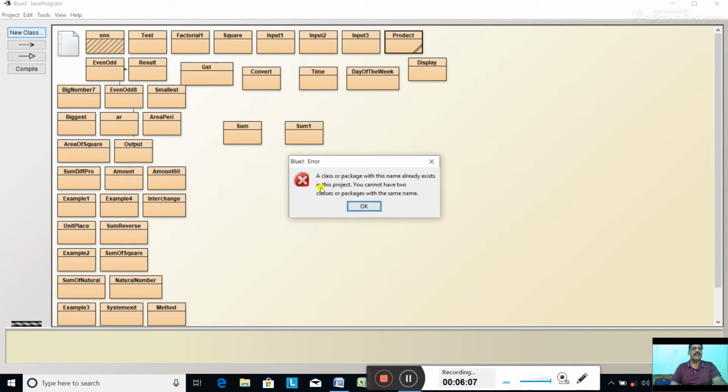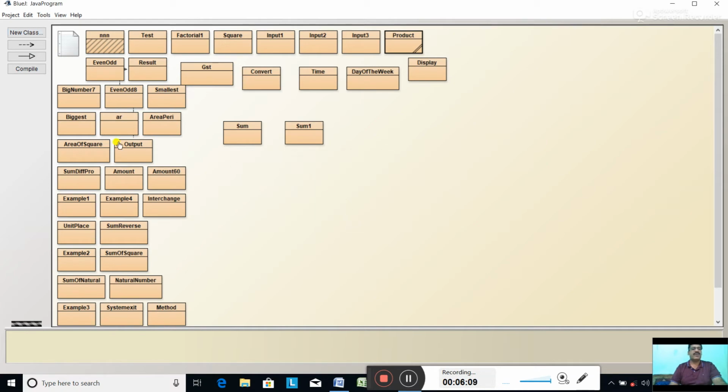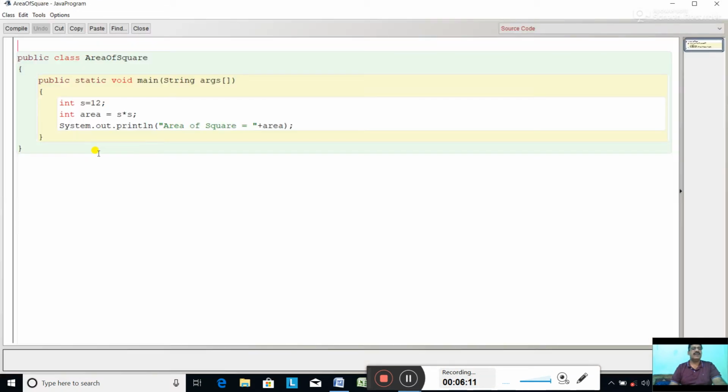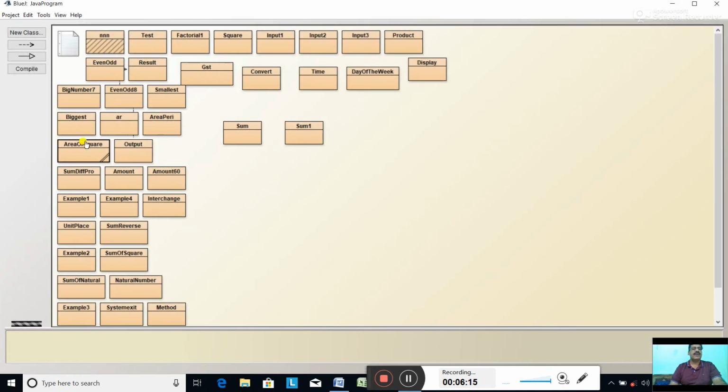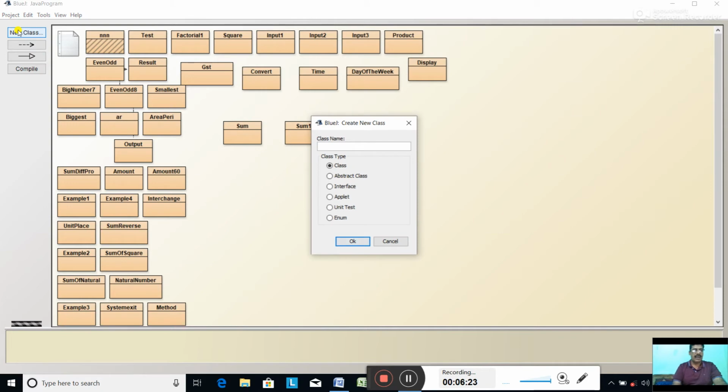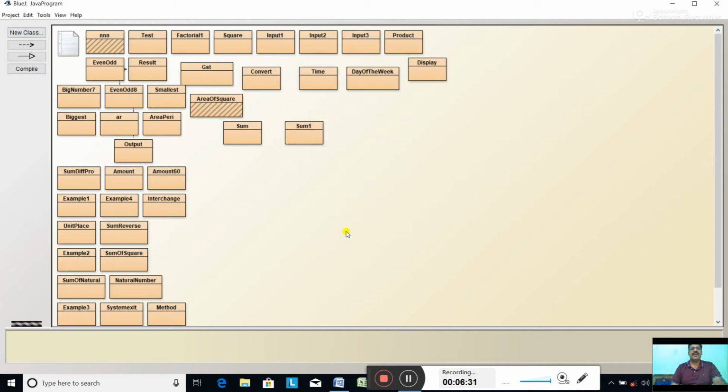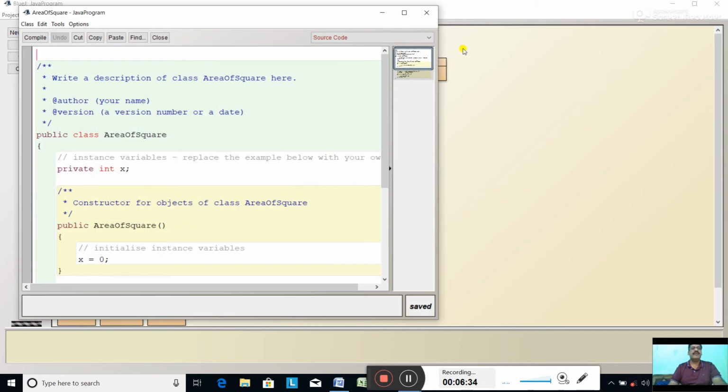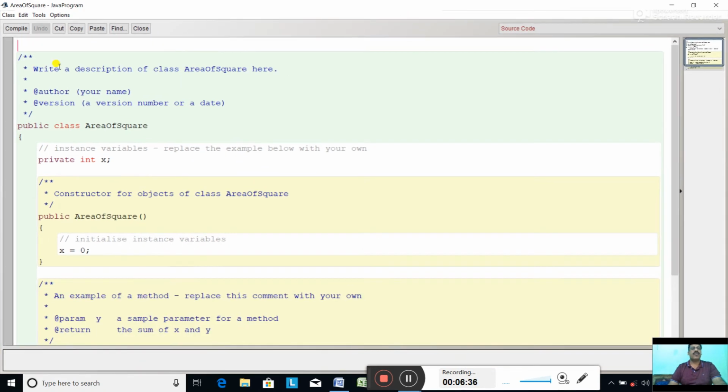A class is already there with this name, so let us delete it. Now new class, area of a square. Click OK. Created. Open it.